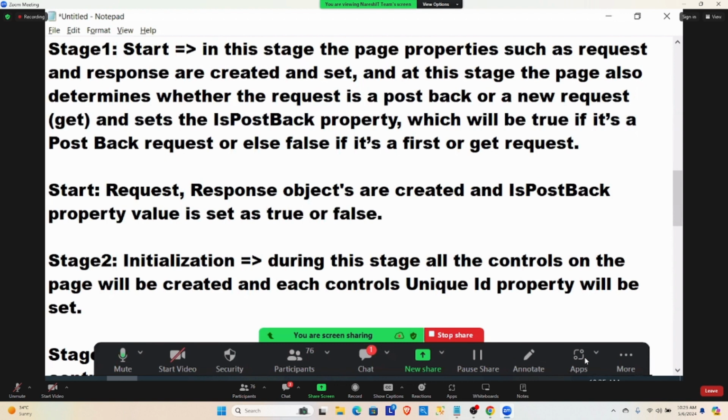Are you clearer or not? Once again, read this. In this stage, the page properties such as request and response are created and set. And at this stage, the page also determines whether the request is a postback or a new request and sets the IsPostBack property, which will be true if this is a postback request, or else false if it is a first or get request. All this happens in the first stage, what we call start. Second,